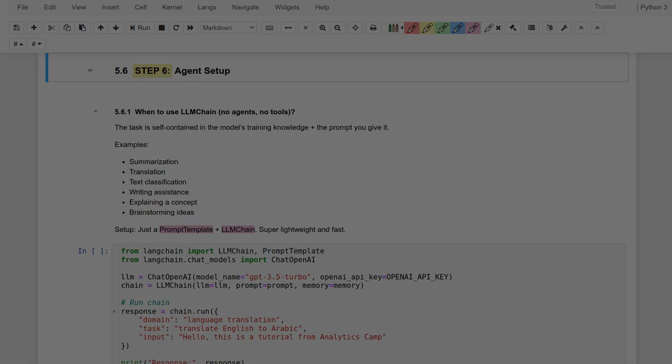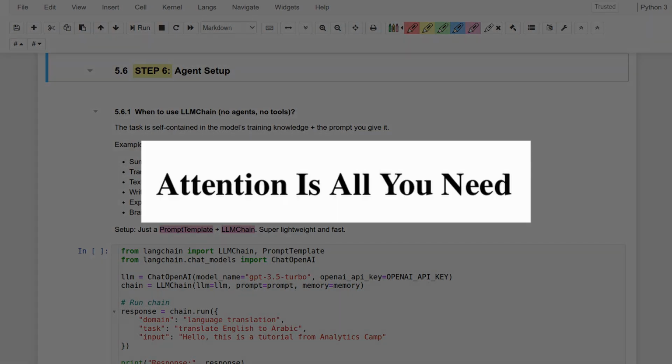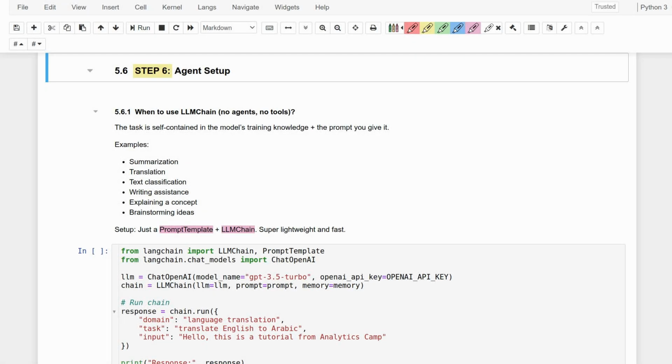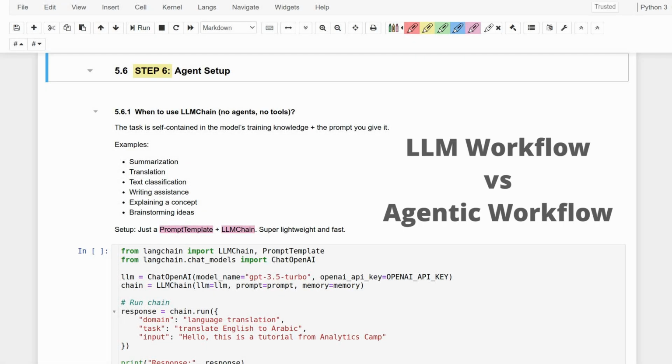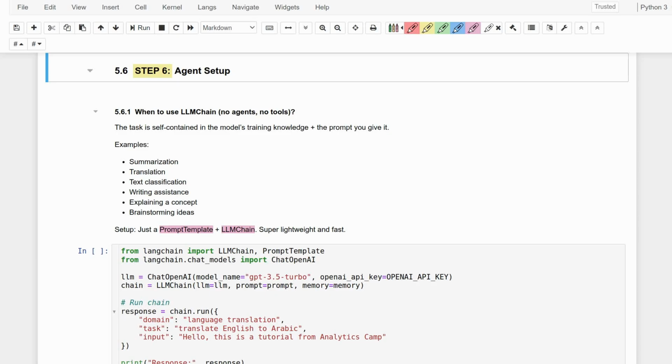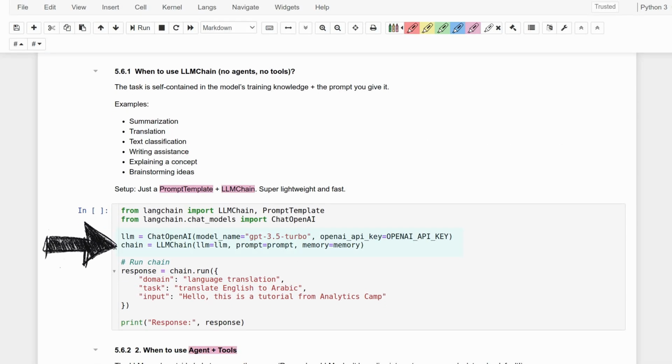Now, here's the part I need your full attention, quite literally. Remember that I told you about the difference between a simple AI workflow and the agentic one? Here's where this comes handy. So if you're making a workflow which only requires the knowledge of the LLM itself to perform the task, for example, language translation or summarization, instead of using an agent, you could either just use LLM.predict or simply construct a chain using the LLM chain method in LangChain and pass in the name of your LLM, your prompt, and memory like this, and then use the chain run method to specify domain, task, and input to be able to get